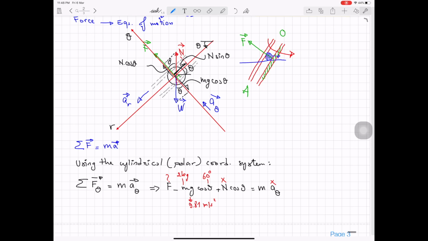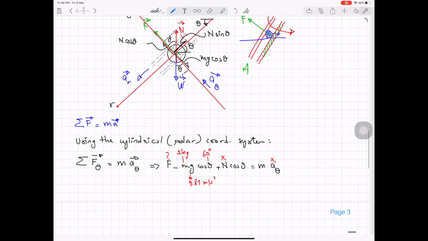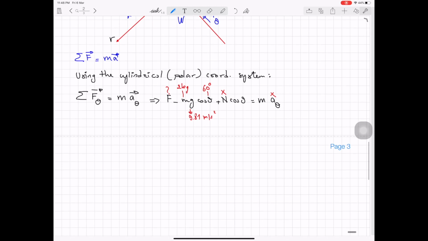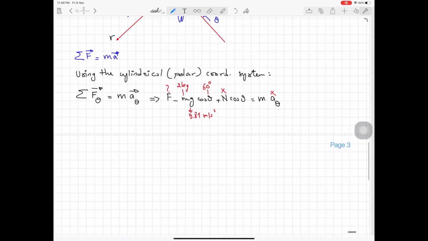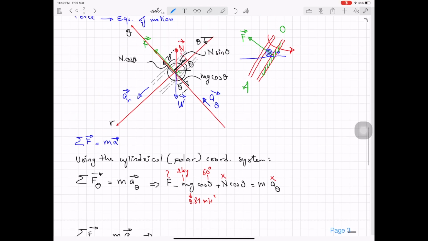Since N appears on the radial axis, naturally I'm going to set up the equation of motion on the R axis. So we have sum of the forces in the radial direction is equal to the mass times the radial acceleration, which means I don't have a component of the force F on the radial axis, so we have